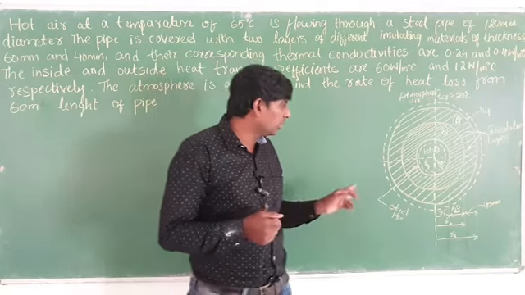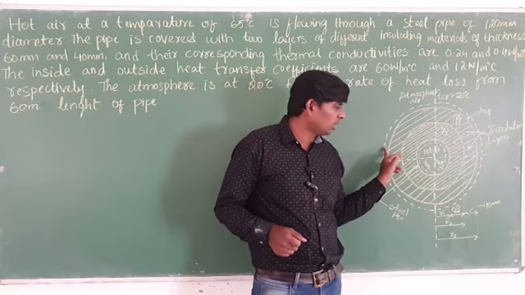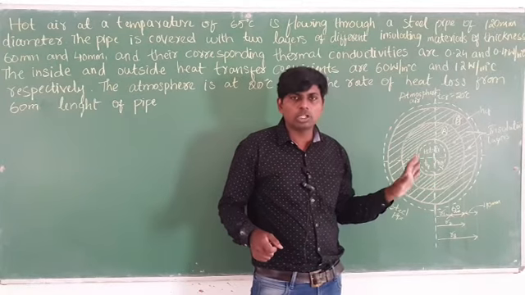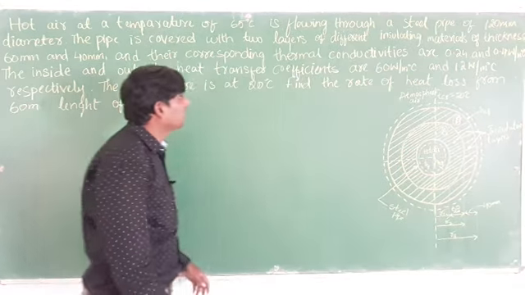So as you can see here, this is conduction, this is conduction, here convection is there and here convection is there. The diagram will not be given, you have to draw the diagram. I will tell you how to draw that. So first I will read the question.